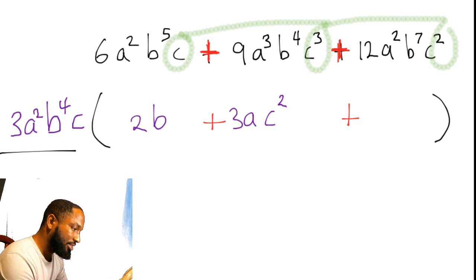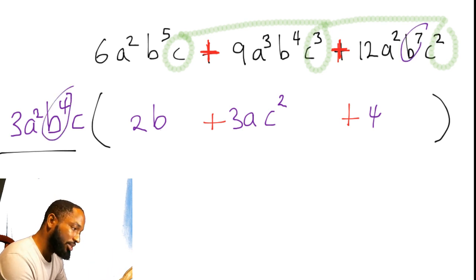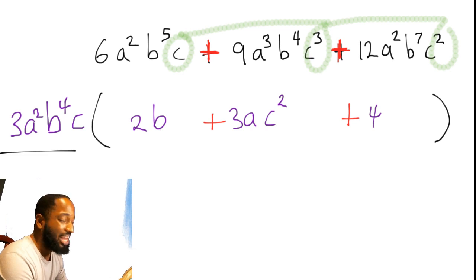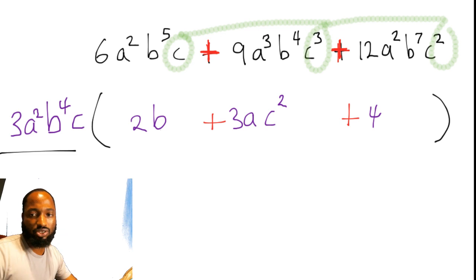Next up, to get the 3 to the 12, we'll have a 4. That's 3 by 4, make 12. But let's check the A's. Nothing is missing, so leave that. Actually, B, this is B. Oh, this one has 7 B's and we only have 4. So this is actually, I don't want to say 7 B's, it means B multiplied by itself 7 times. So over here,